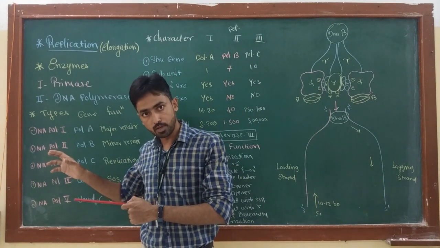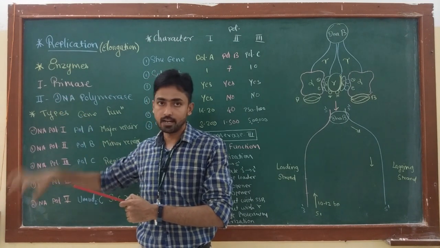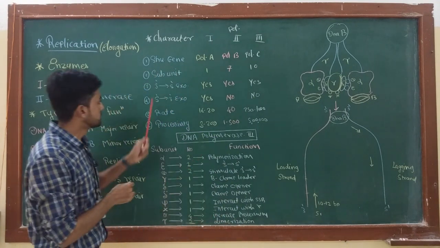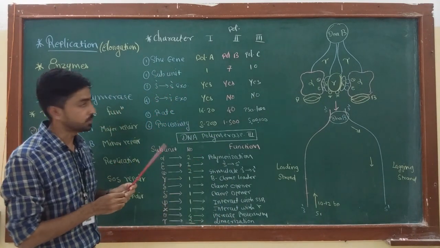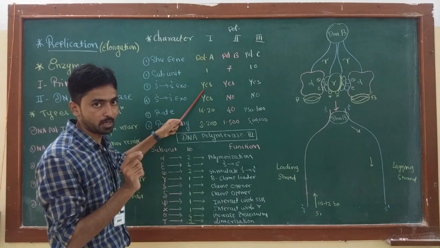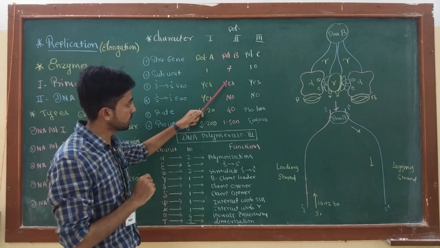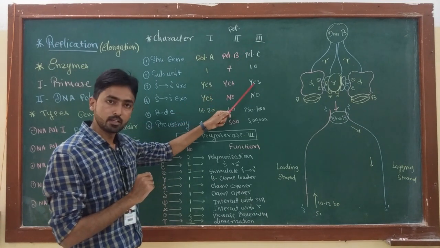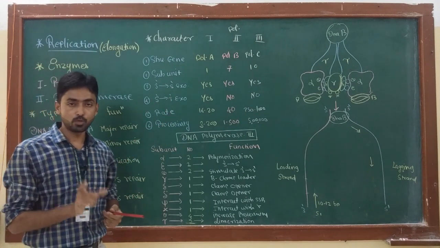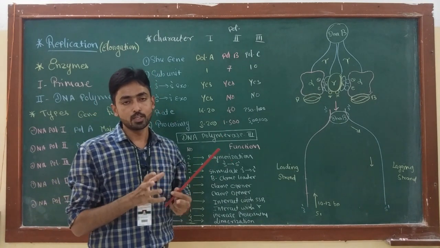If the enzyme finds any mistake, it removes that base by exonuclease activity and adds the correct base at that position. This activity is called 3' to 5' exonuclease activity. DNA polymerase 1 has this 3' to 5' exonuclease activity, also called proofreading activity. DNA polymerase 2 also has this activity, and DNA polymerase 3, which is our major enzyme, also has proofreading activity or 3' to 5' exonuclease activity, in which the enzyme itself cures the error made during the replication process.